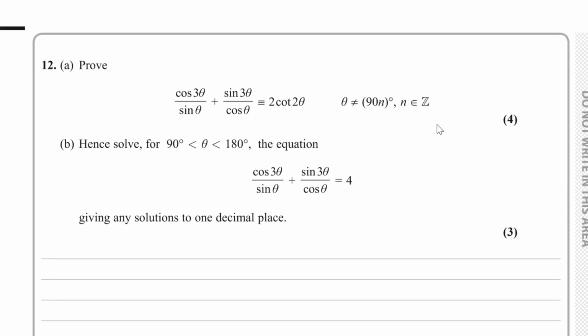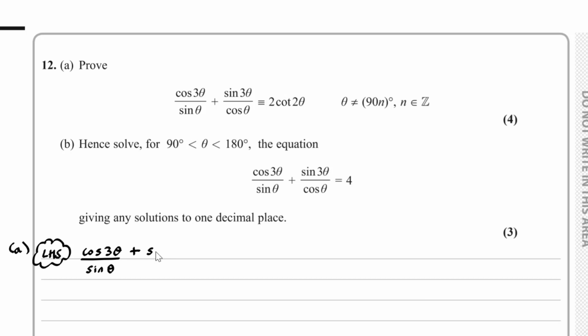So for these sorts of questions, we want to begin on one side of the identity and end up on the other side of the identity. So if we consider the left-hand side of the identity, we have cos of 3 theta over sine of theta